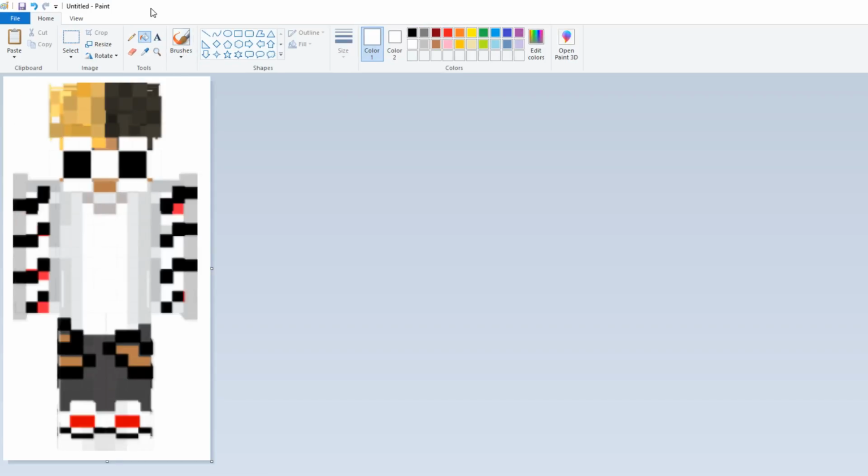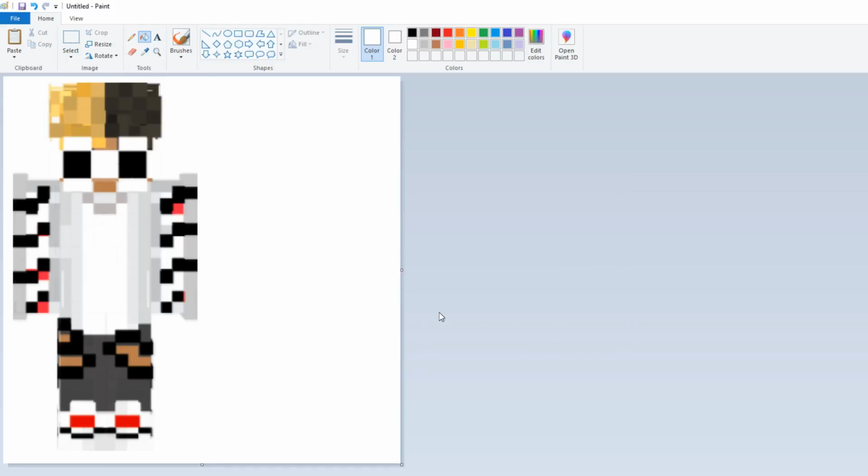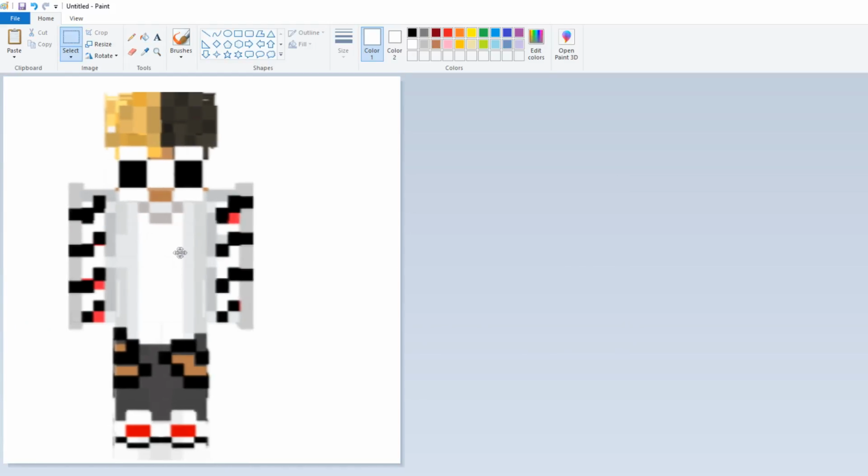Now go ahead and open up Paint and paste in your screenshot. You will need to crop it down just so you have the image and a little bit of white background around it. So at this point the image is pretty much centered, but what I need to do is get it to a square box that's kind of a multiple of 16. Its current measurements are 192 by 365. So go ahead and click on File and then Properties. So the closest measurement that I can get to, a box that's a little bit above that number, is going to be 368.